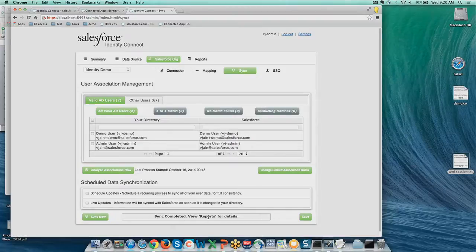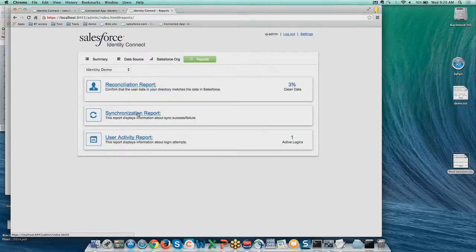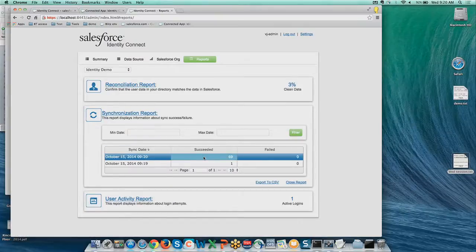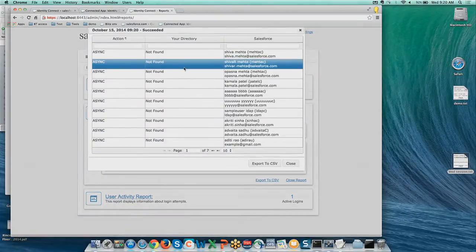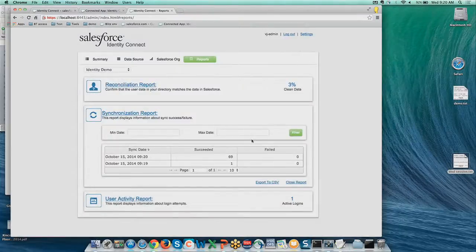All right, and then we'll go to the reports tab and look at what happened. So SAML configuration is automatic. By clicking this button, behind the scenes it creates single sign-on settings on Salesforce. Reports, you go to provisioning, and here you see that I can look at the success, all the users that were created in Salesforce or not created. Okay, so as you saw, within 5-10 minutes I was able to set the product up, configure it, and I can now